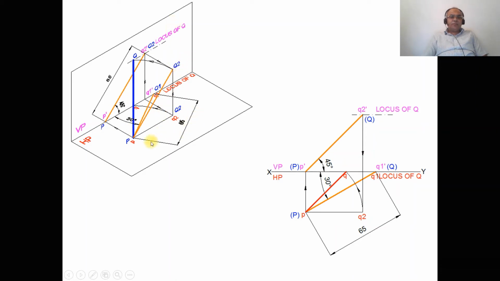So as we look from the top view, this PQ2 is the line which is parallel. So as we get this line parallel, then with P as center, taking the radius of PQ2, draw an arc so that Q will be on the locus of Q, which will be on the XY line. So you're going to get PQ, then join this with a dark line.